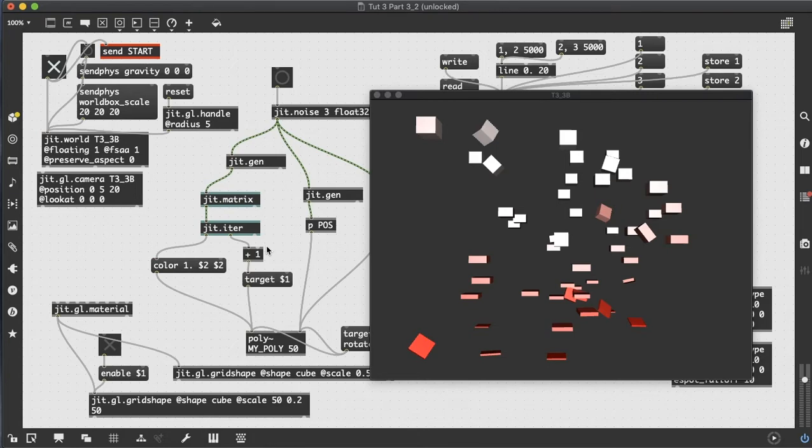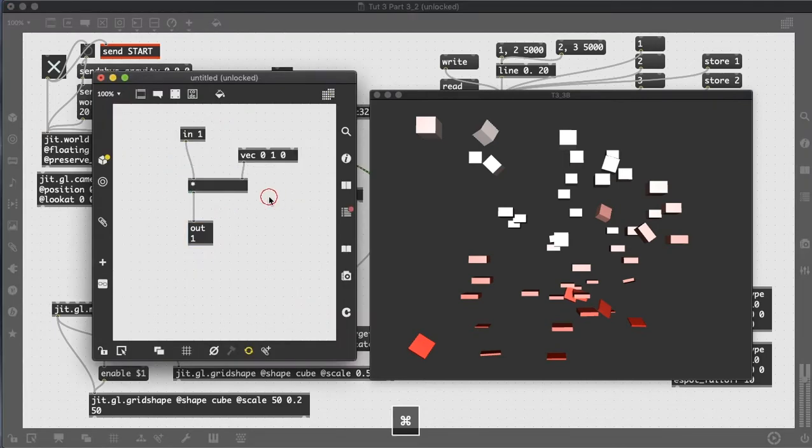within the jit.gen. There is one important addition, though, particularly when working with color. When you're coloring objects, you really are limited to a range of 0 to 1. So you might be tempted, for instance, to multiply your y value by 2. You can't really do that because that's going to give you illegal values, values greater than 1. Similarly, you might be tempted to bias by a negative number, for instance, adding negative 0.5 from the red, and you can't do that because it's going to give you negative